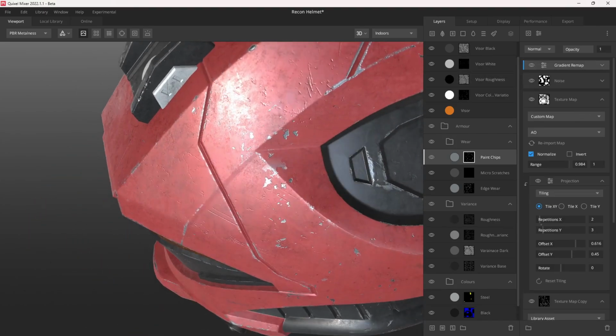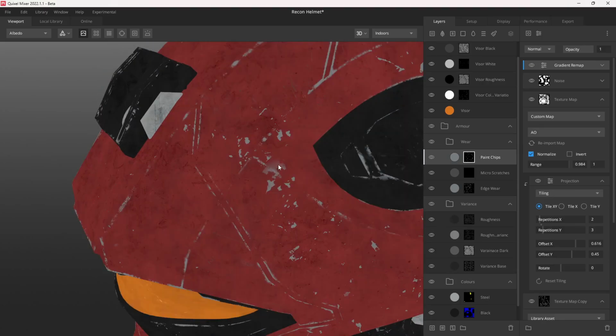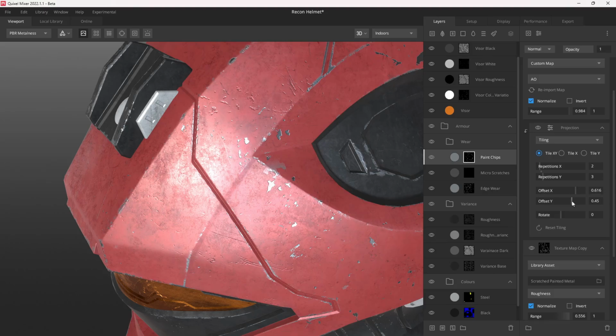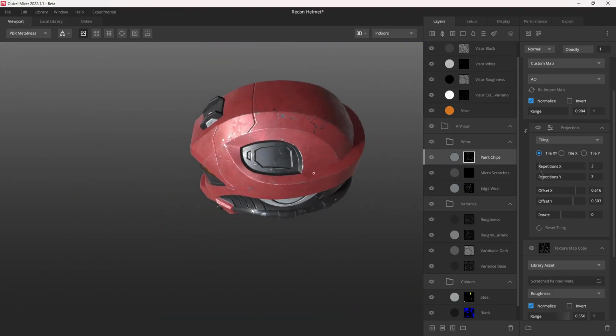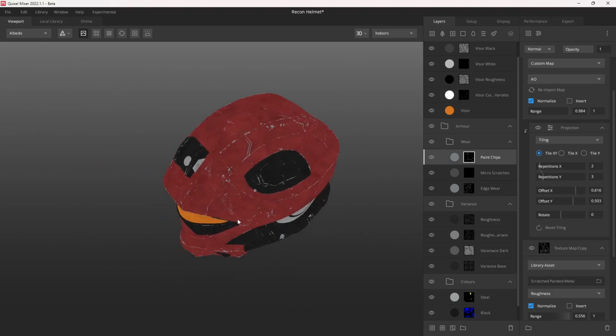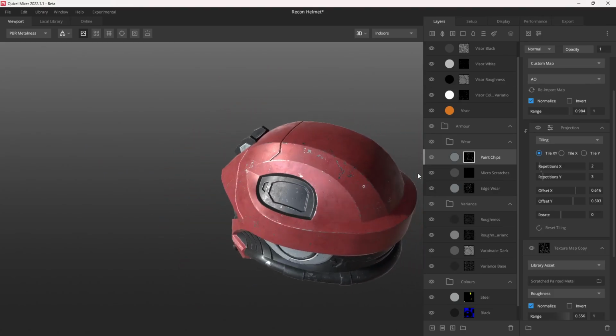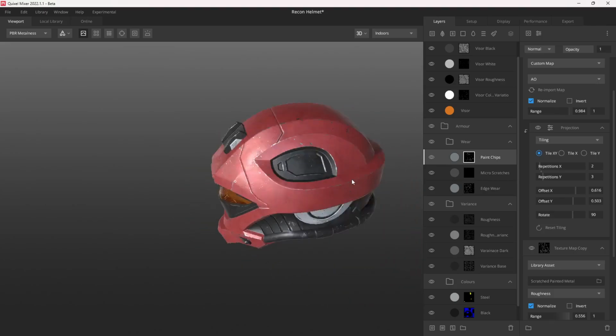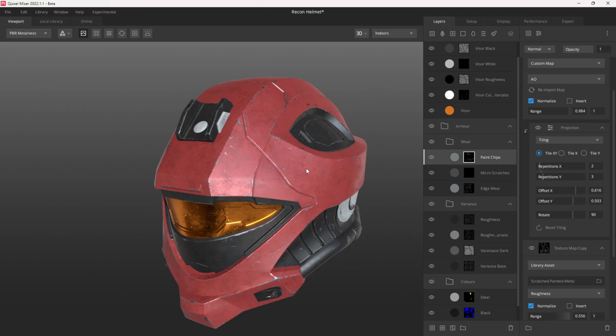Cool, and I can see this paint chip's a little bit faded, but it's not the end of the world. I might be able to move it on the Y a little bit to adjust it. Just change it so I don't see it too much. End up with something like this. Cool. So yeah, I think that's alright. I can always muck around with it more, give it a rotation if you wanted to really mix things up a little bit more. But yeah, so you've got a fair bit of control over how you want those paint